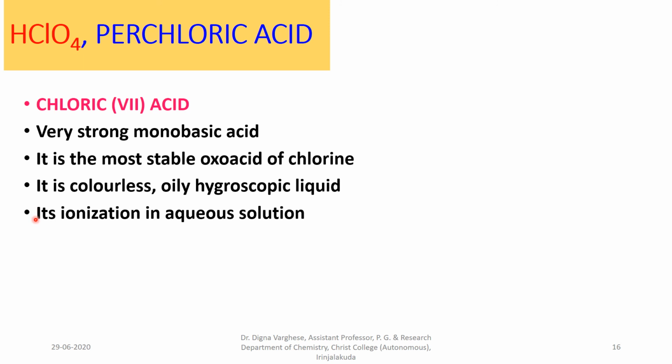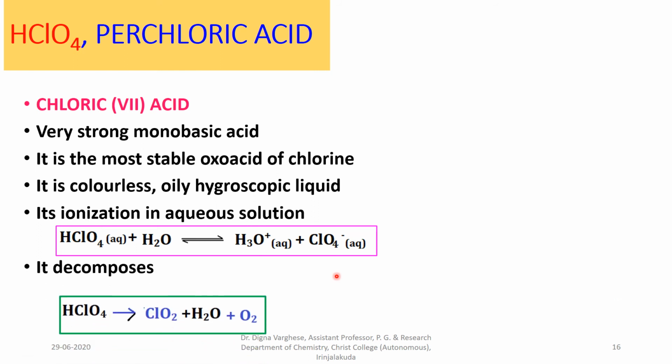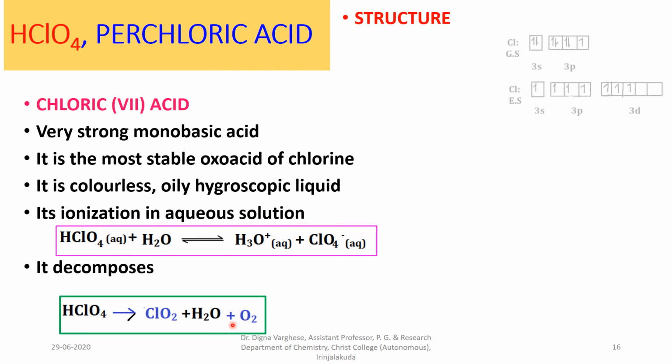Its ionization in aqueous solution shows it acts as a monobasic acid, with HClO4 in water giving hydronium ion and ClO4 minus. It decomposes into chlorine dioxide, water and oxygen. Its structure is